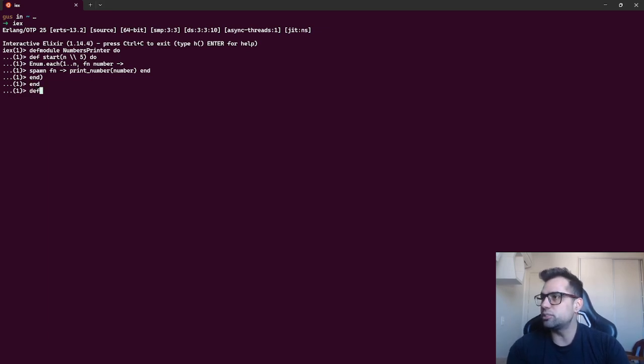And now let's create this function right here. So print_number n. And then what we're going to do is inspect. I'm not going to give you the details about this, but this is going to be our process. So we're going to say :erlang.pid_to_list, and then self right here. There you go. And then we're going to say IO.puts process n